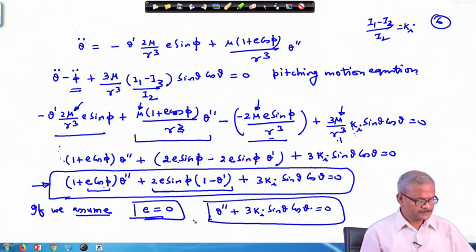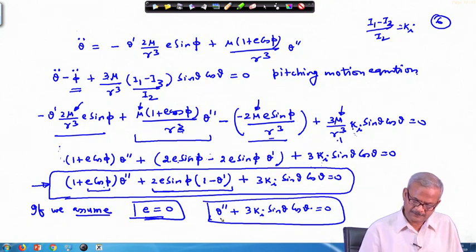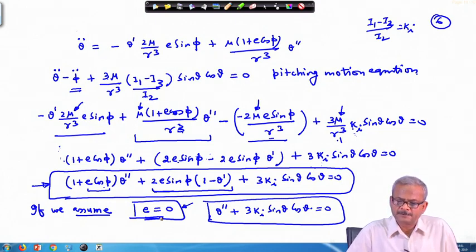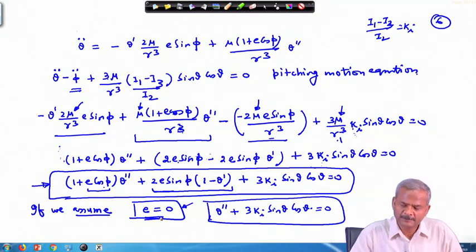So, this equation is written here only for the E value. We will continue with this topic in the next lecture, and we stop in the meanwhile. Thank you very much.